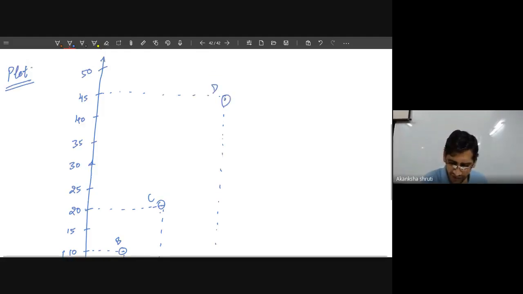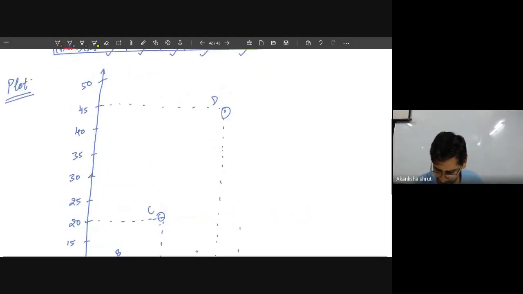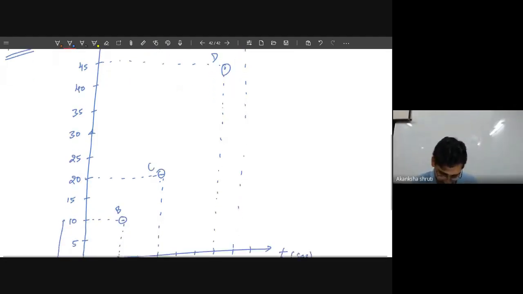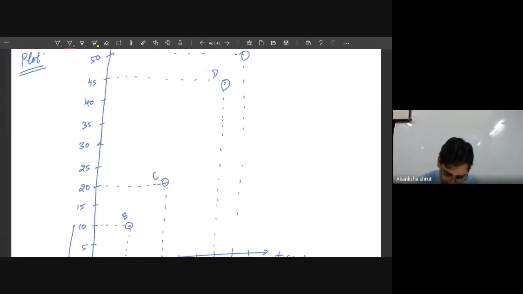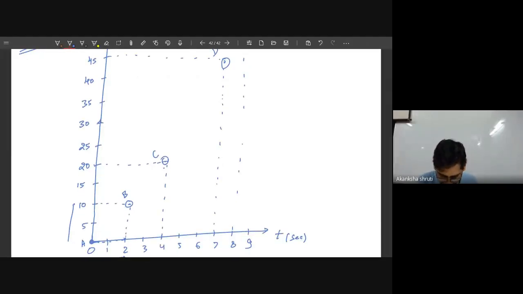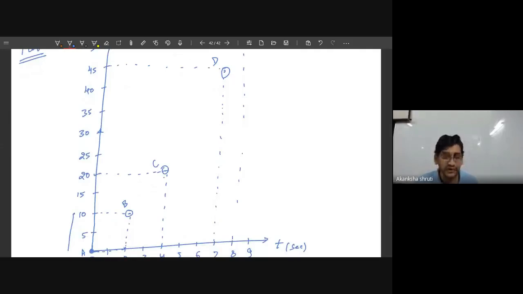And again, for 8 seconds, it is 50. So from 8, you continue to move upward. And how long do you have to move? Up to 50. Okay, students. So it is this one. Now you have to join all these. With the scale, you will observe that it is in a straight line. But keep in mind, it need not always be a straight line, meaning on the same inclined line. If it is not on the same inclined line, then it becomes the graph for non-uniform motion.